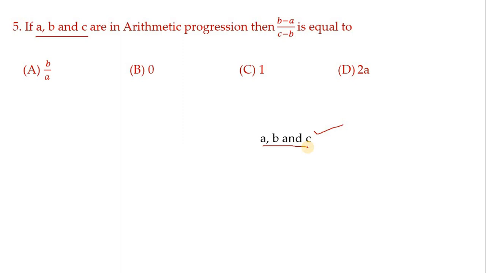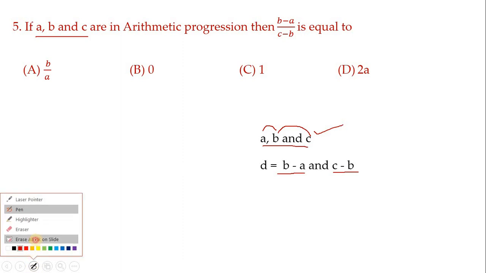So here I have considered those terms and keep in mind that these are in AP. So in AP, the common difference is the same. Hence, first let us find D for this, children. How will you find D? Which is the second term? Second term is B. From B, subtract A. We get B minus A. And if you subtract B from C, means from the third term you subtract the second term, we get C minus B. This is a very important thing you want to understand, children.